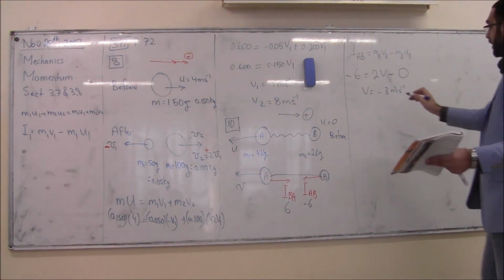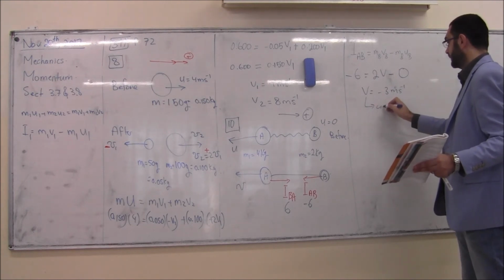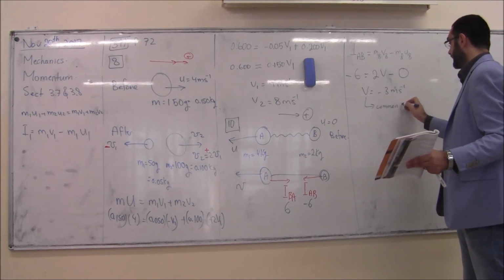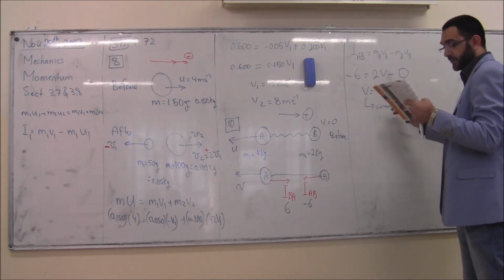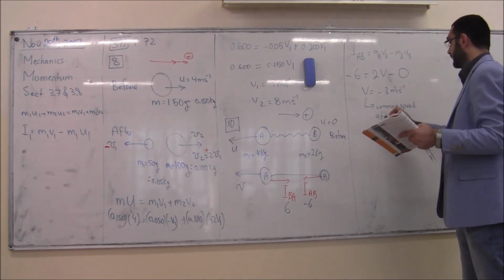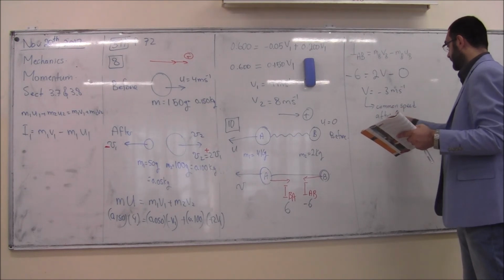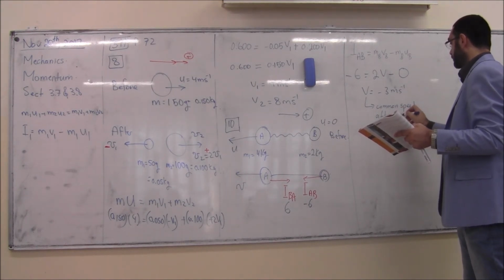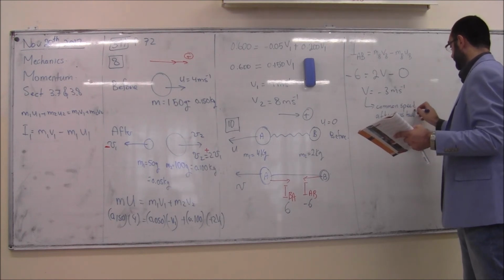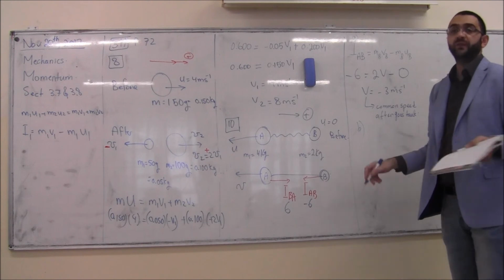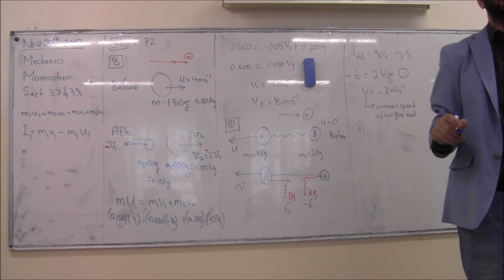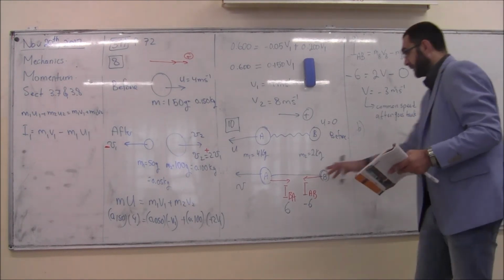So this is the common speed after the string goes taut. What we are asked to find later is U. I can use any of the equations, but I will use